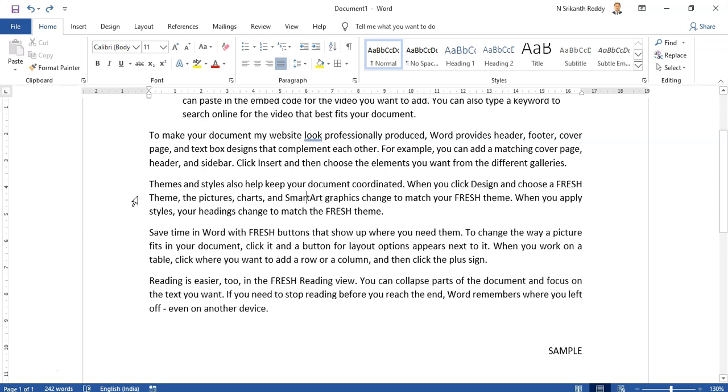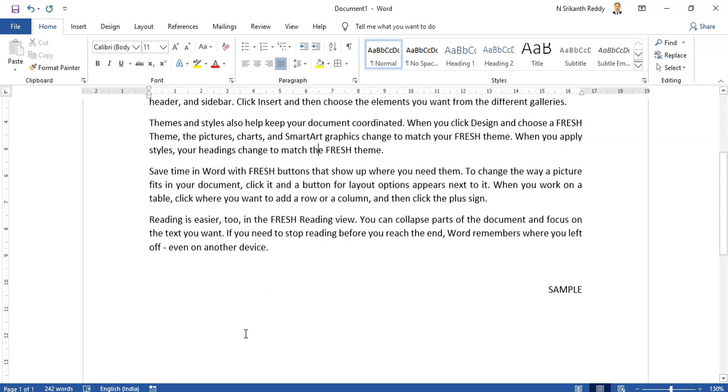Otherwise, if you want a bigger underline, you have to select the text and ask for underline. Underline is a toggle button. That means once you press Control U, it will underline, and the next time, underline off. It is the same with the button. Once I click, it gives the underline, and again, it switches off. So this is called a toggling button.